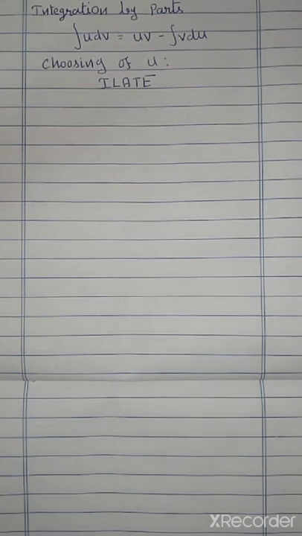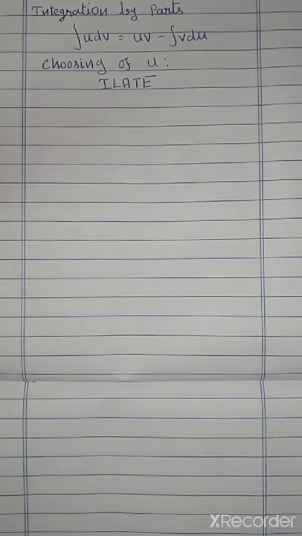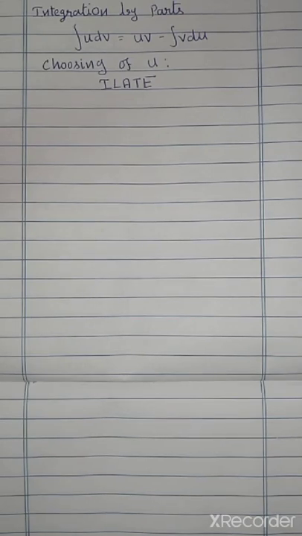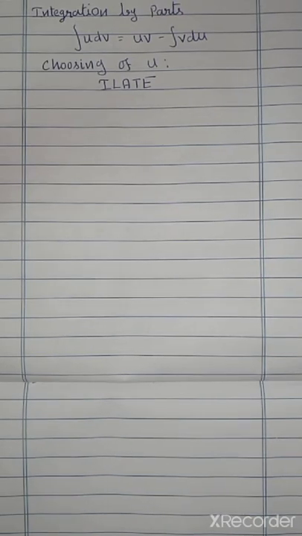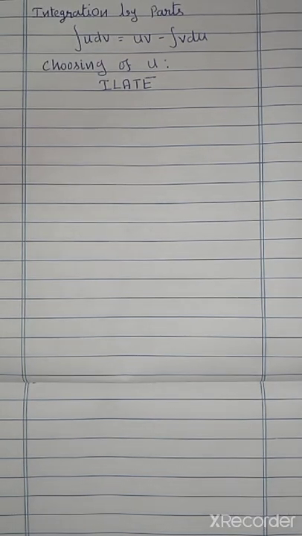Last class we discussed different types of methods to integrate the following. So the first method we saw is decomposition into sum or difference. The second method is substitution method, integration by using substitution. Today we are going to see integration by parts. The third method is integration by parts.